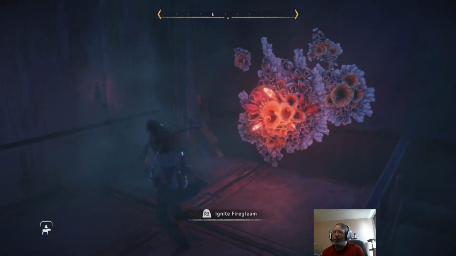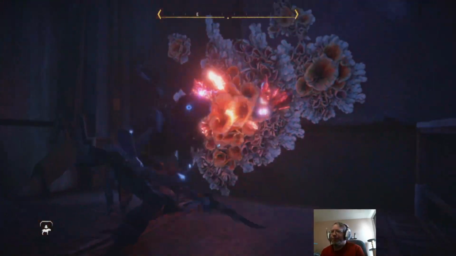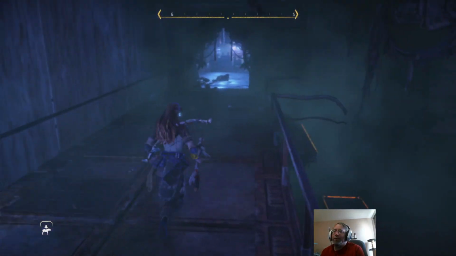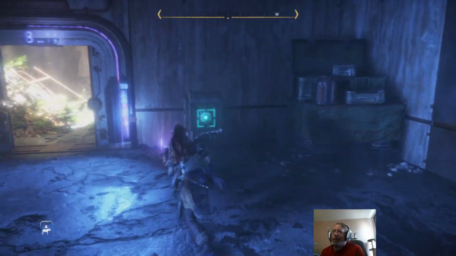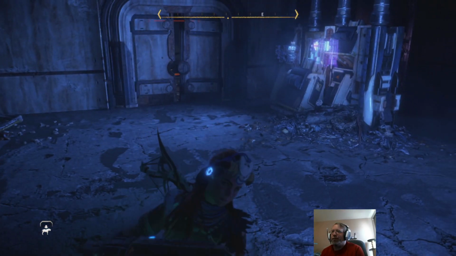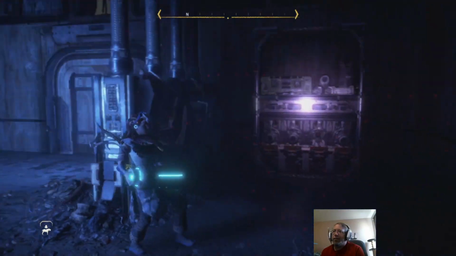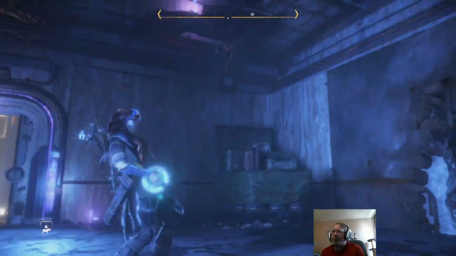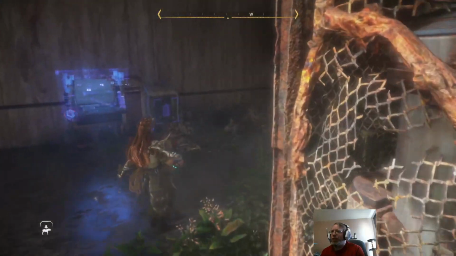Blow this open. And that gets us our power cell. Okay. Nothing's popping up. Wait, didn't this need a power cell too? What does this do?